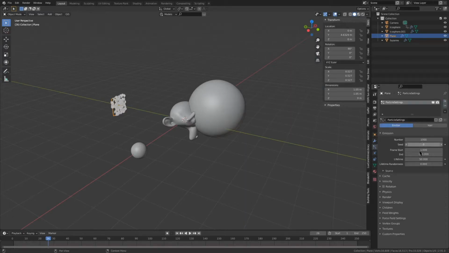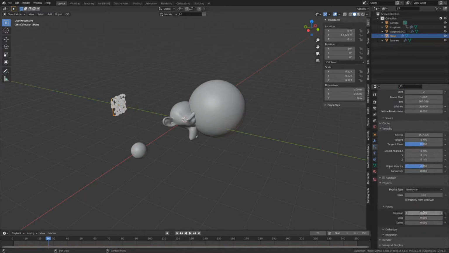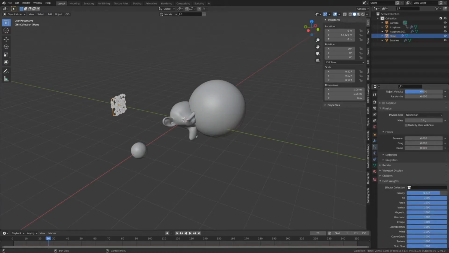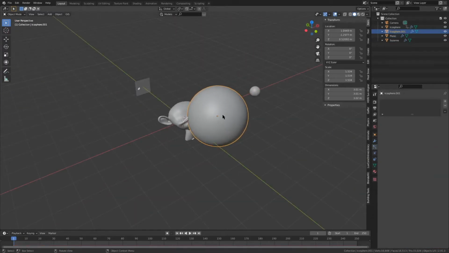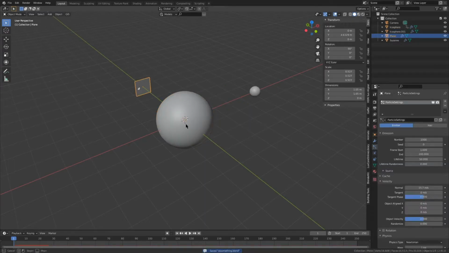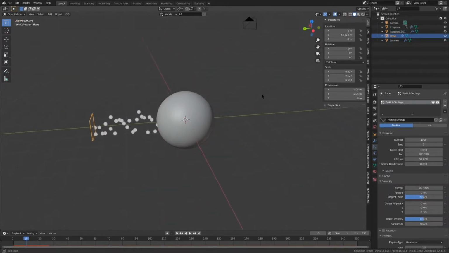Make a particle system, set velocity to fast, go to physics, no wait, field weights, gravity none, and look at it, it shoots particles. Who would have thought? And if these particles now hit this mesh, it doesn't care. But we can make it care